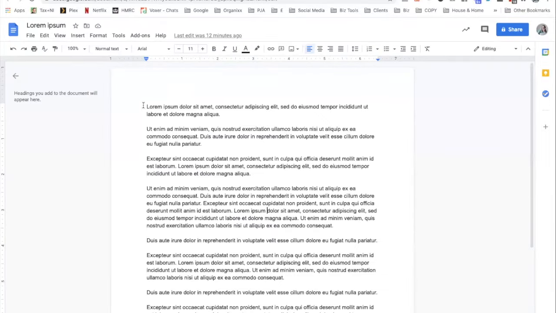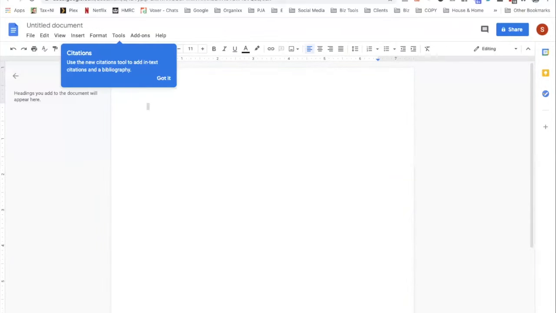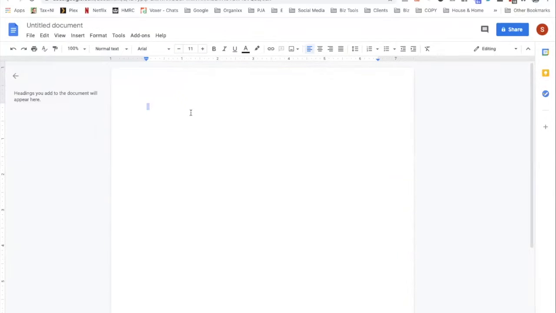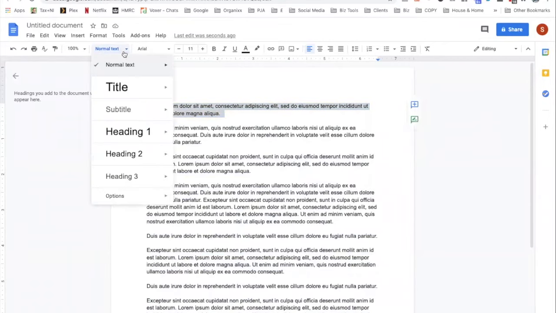I'm just going to take some lorem ipsum copy just to give you an idea. Let's pretend this is the copy that we're using. Now, what you want to do is make this Google Doc look amazing so that it looks a really cool place for people to land when they're wanting to find out more information about you. So what you want to do is change up some of the